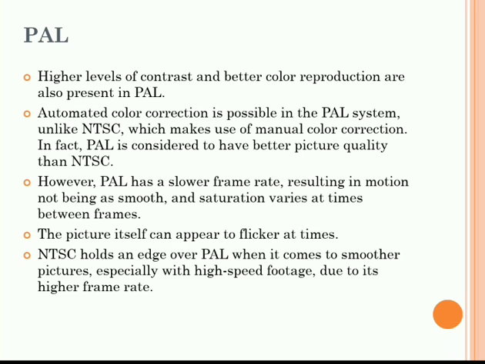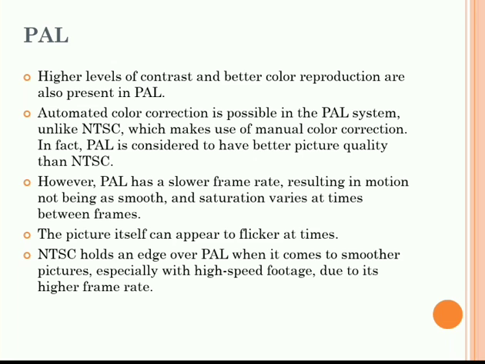However, PAL has a slower frame rate. The frame rate of PAL is slower, resulting in motion not being as smooth. As it has a very slow frame rate, the motion in the video is not smooth, and saturation varies at times between the frames.